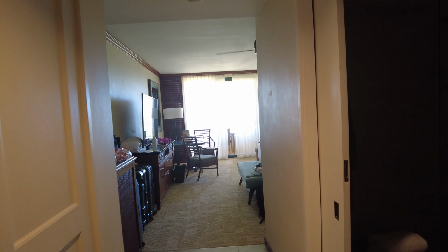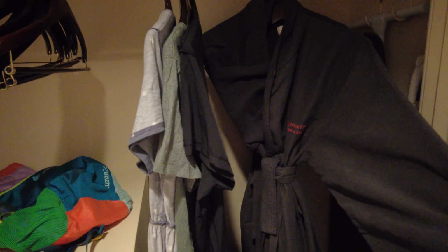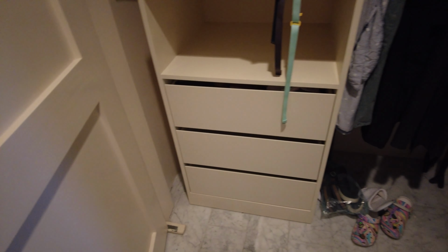Walking directly into our room, over to the left we have our closet, and inside my wife has already unpacked, but we do have two very soft robes that say Grand Hyatt Kauai Resort and Spa. We also have extra bedding, plenty of hangers, and a nice dresser here if you want to unpack. There's also a luggage rack back there, the iron, the ironing board,